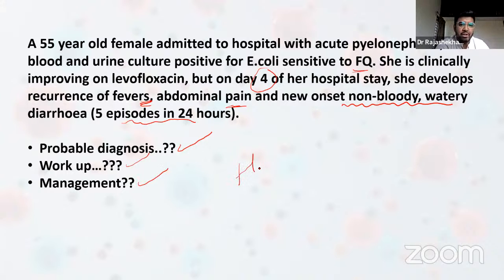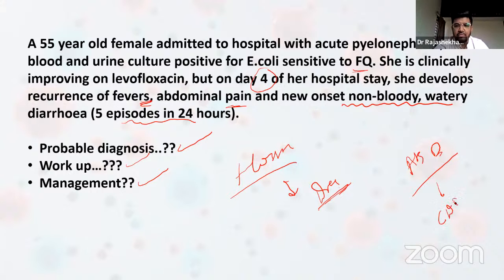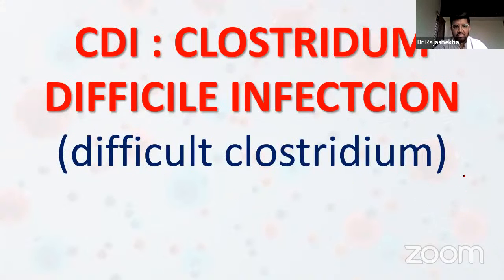So this is a patient who is hospitalized for some other disease developing diarrhea. So this can be either antibiotic associated diarrhea, or this can be Clostridium difficile infection. So this Clostridium difficile infection is a very, very important thing. A lot of gastro field advances are going on in this particular field. If you are interested in gastro, you need to know the CDI in detail. A lot of recent advances are going on, especially the FMT, that is the fecal matter transplantation, which is a very big thing nowadays